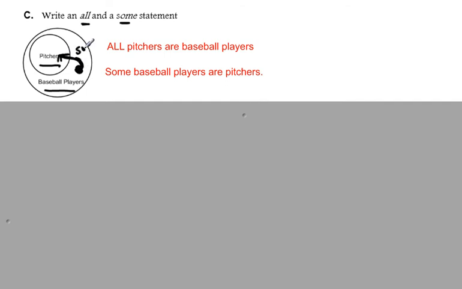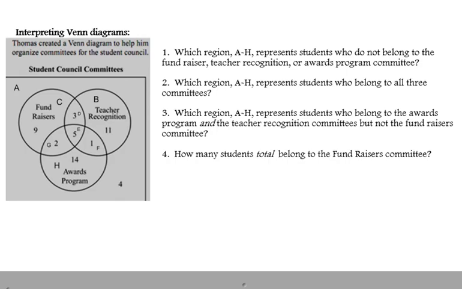And from the inside out, it's an all statement. And the last type of example that you'll see is when you have three interlocking circles. You have to break them apart one by one and try to look at each one separately. So if I were to highlight this circle right here, that means everybody that's in this circle is in the